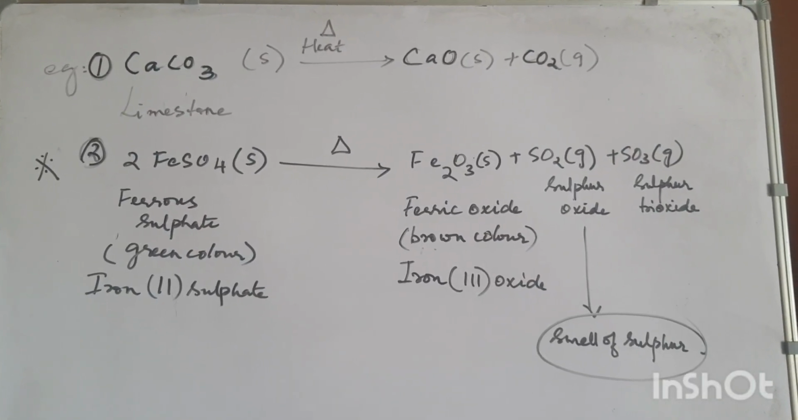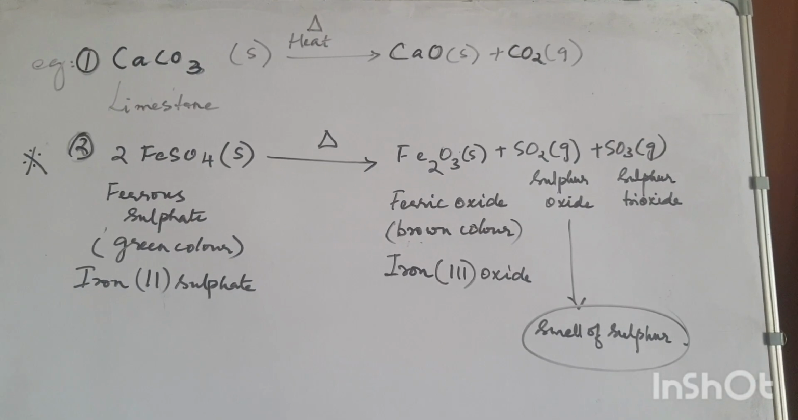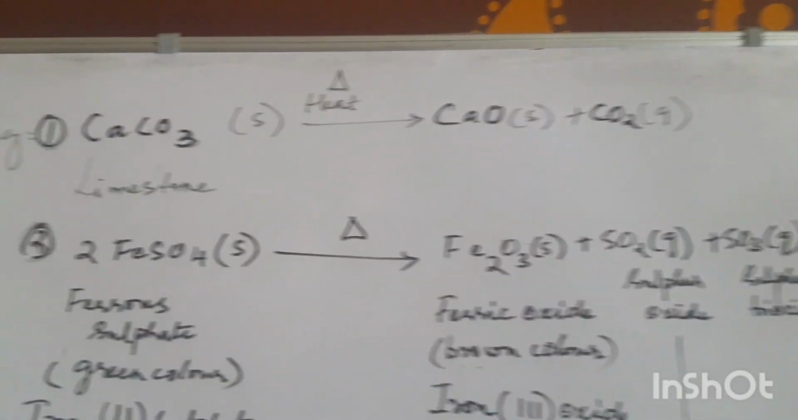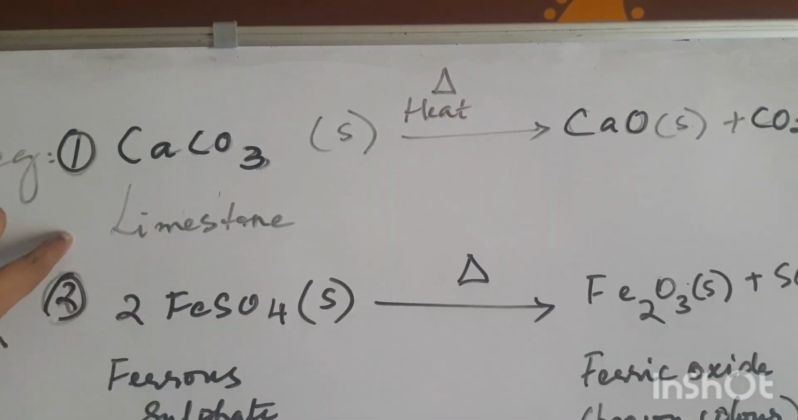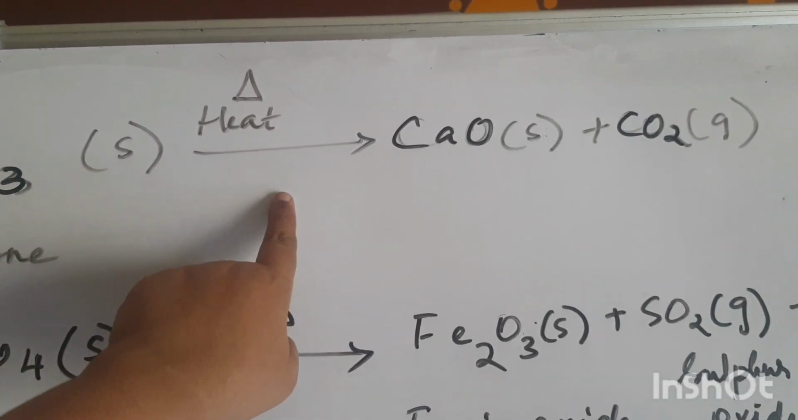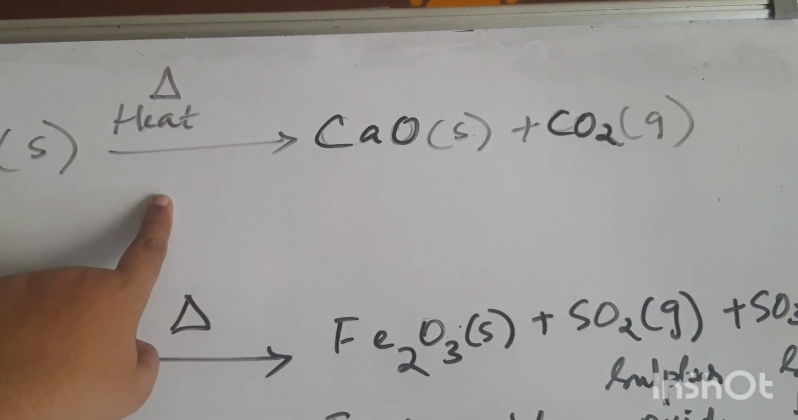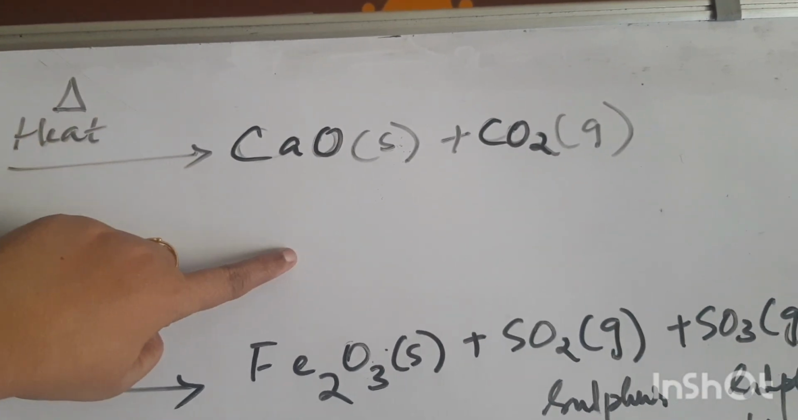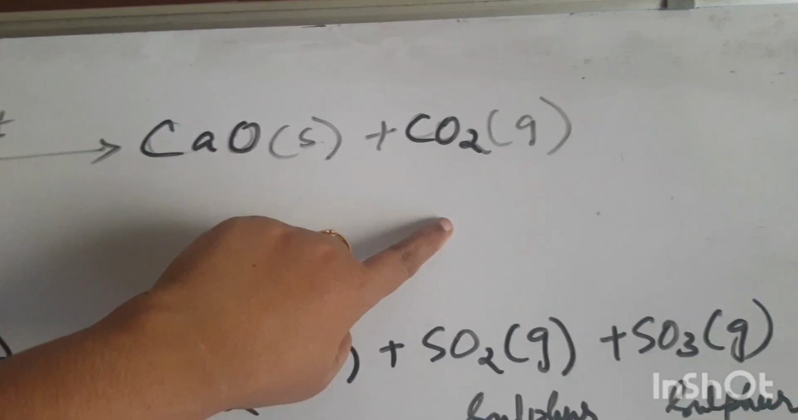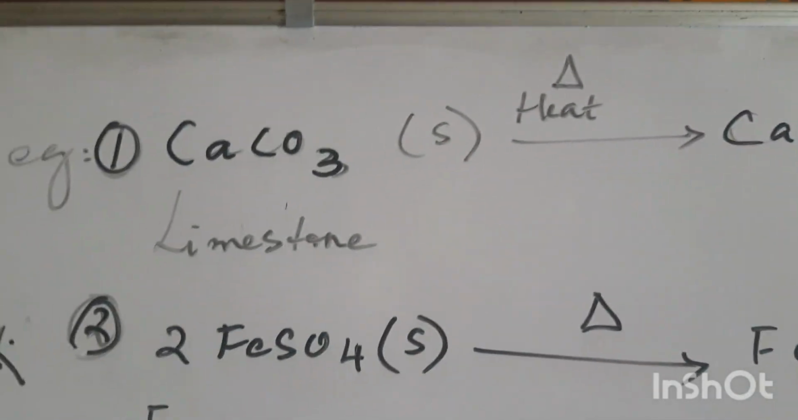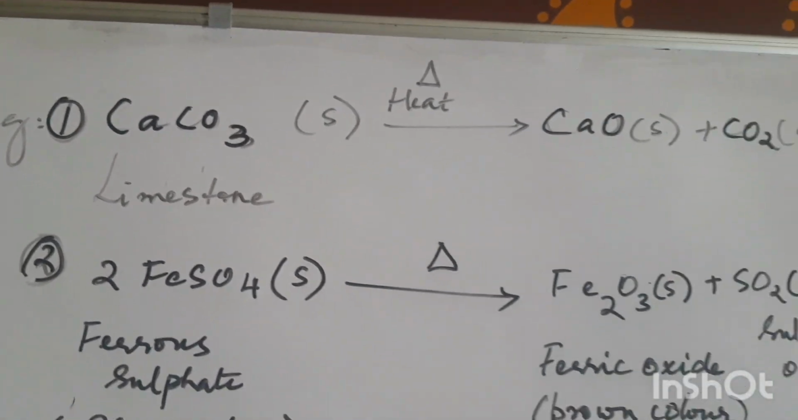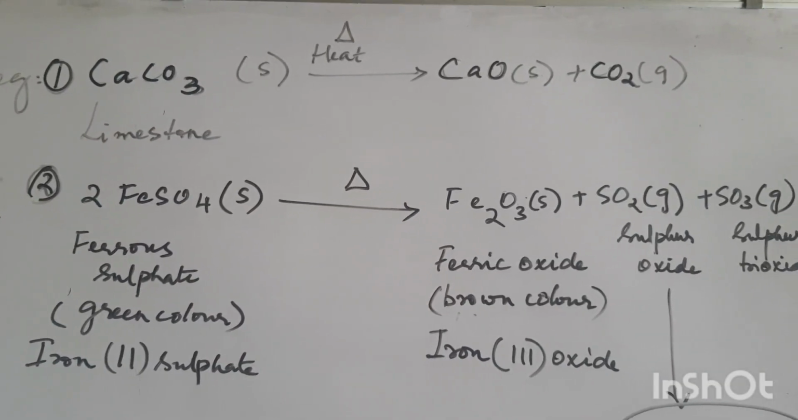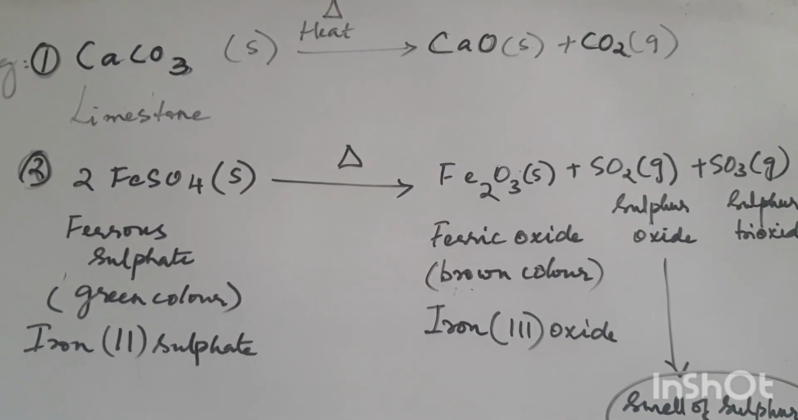So here we have two equations from decomposition reaction. First, I've written calcium carbonate, that is limestone, CaCO3, which is in solid state, undergoes, that is in the presence of heat. The heat you can denote by this triangle. Will give you the products calcium oxide, that is in solid state, and carbon dioxide in gaseous state. I'll repeat. The limestone undergoes decomposition reaction in the presence of heat to form the compounds calcium oxide and carbon